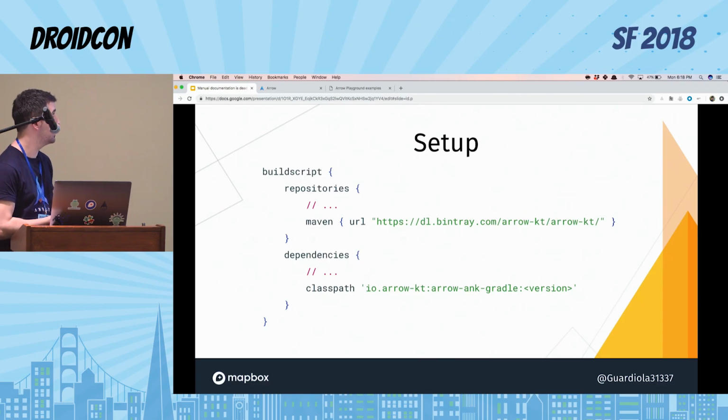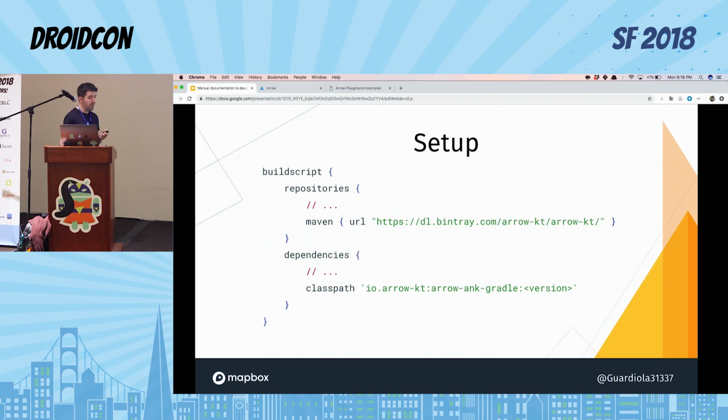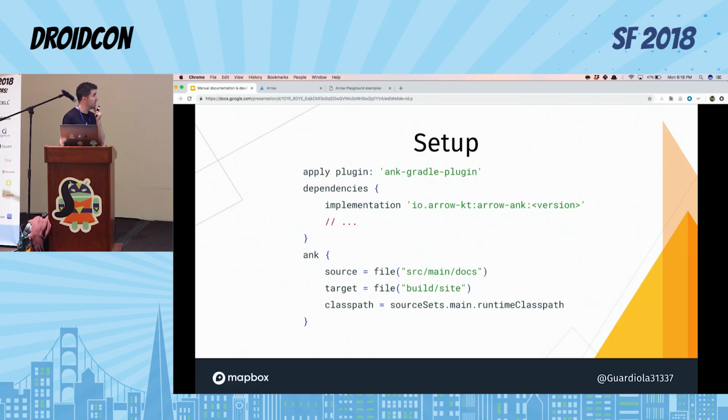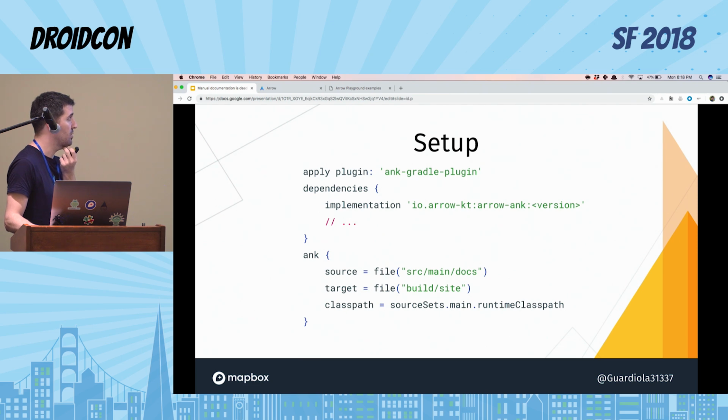So basically, you will need to add the repository in the buildscript block, and then add the dependency to Arrow Ank Gradle, and this should be all done in the root build Gradle file, and then obviously you will need to apply the plugin on every module that you want to run Ank on, and finally you will be adding the core dependency,